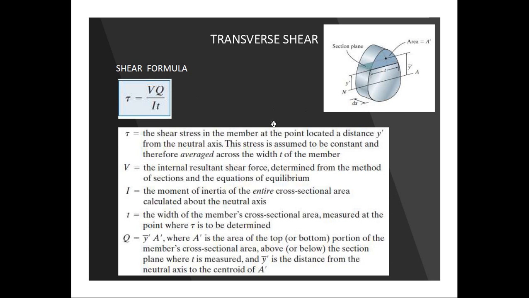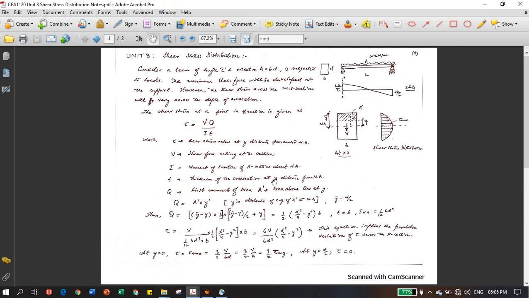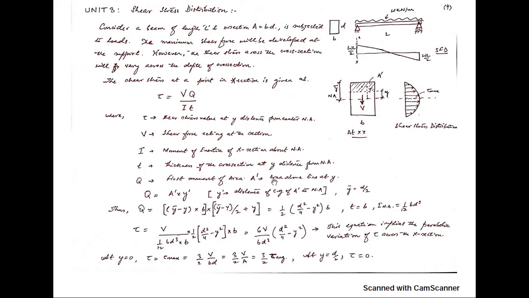Let's take one example over here. This is the example that I have taken from the book. This is a simply supported beam subjected to UDL. The cross section is b by d, and you can see the shear force diagram that I have drawn over here. This is wL by 2, wL by 2. So make sure that the shear stress will be maximum where the shear force will be maximum. So we have the shear force maximum at the support in this condition. So you have to take the value of V as wL by 2.